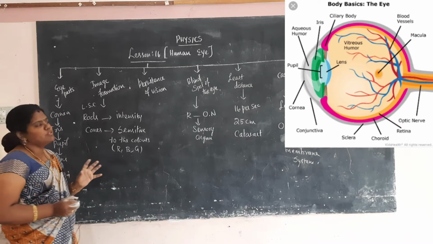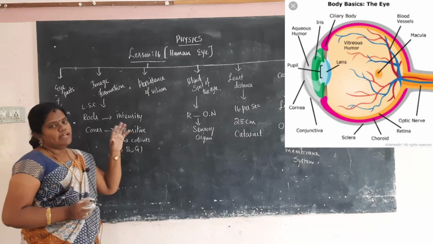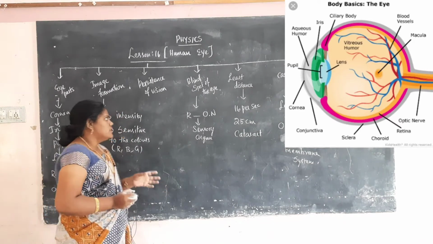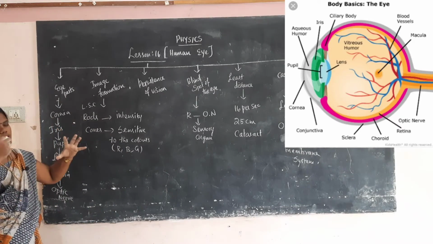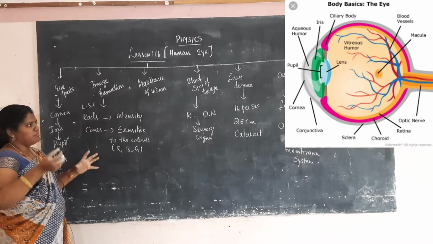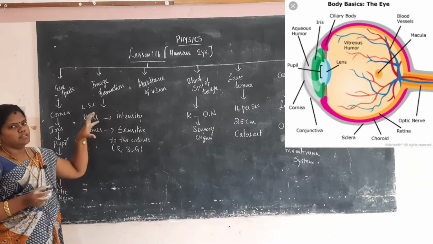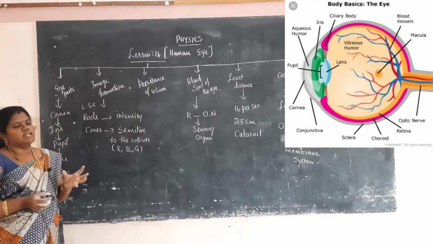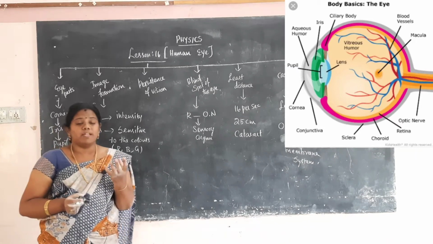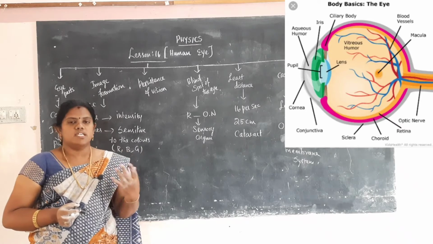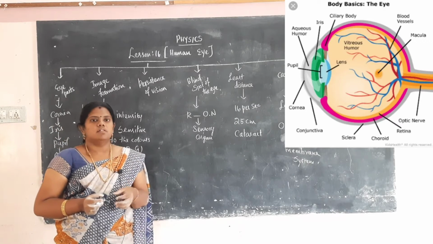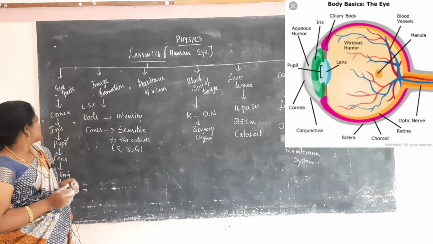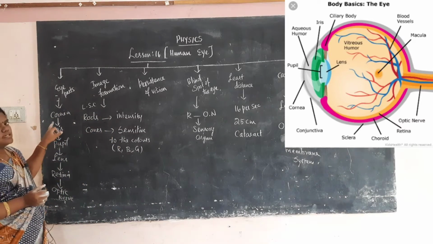So you have to know the human eye in biology. Okay, what are the parts in the human eye? First, the human eye has a round shape. The human eye is a very important part that lets us see all the objects. Without the eyes we cannot see anything. So what are the parts in the eye?